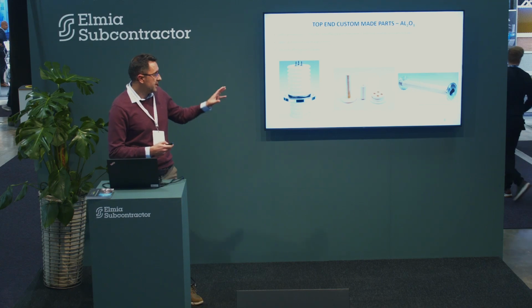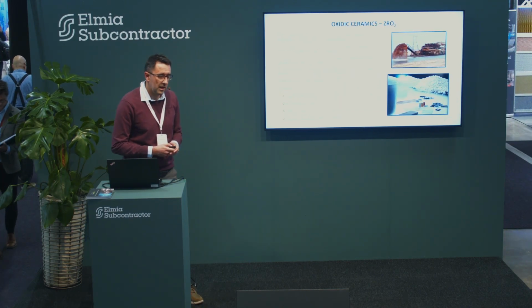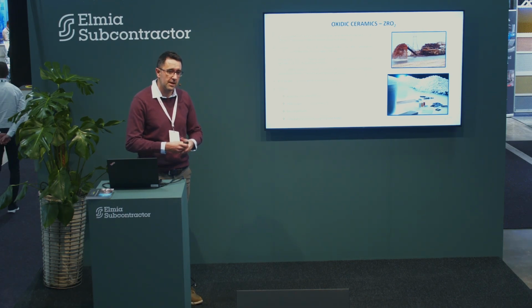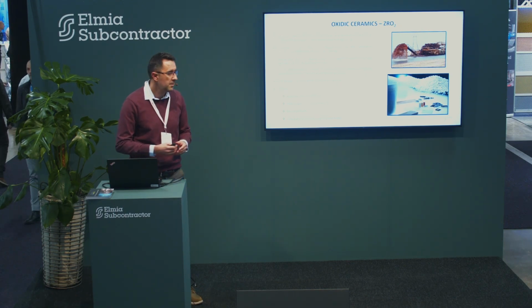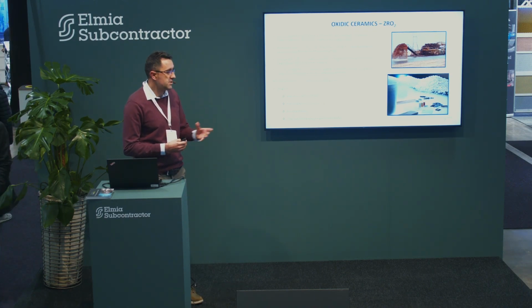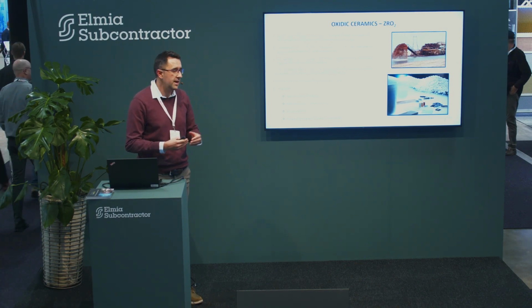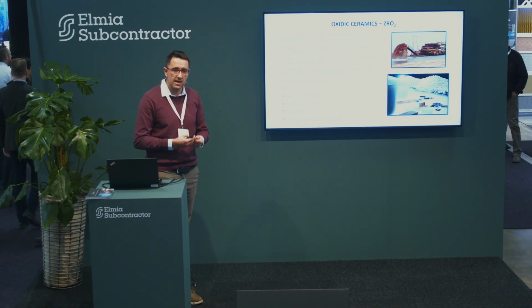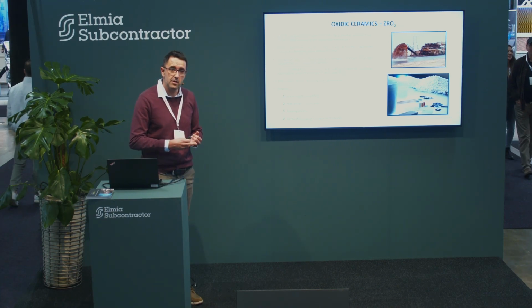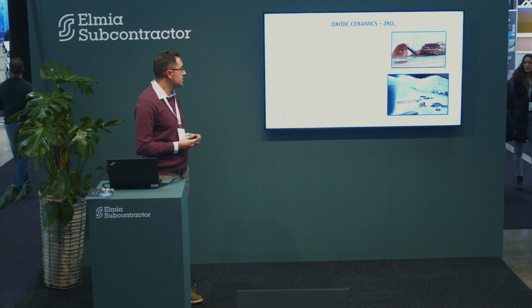Another material of the oxides is zirconia. Zirconia is an important material that also comes from a natural source, which is zircon, a silicate. There is a purification process to obtain zirconia, and to reach a structural material, you need to add stabilizers, mainly rare earth oxides, like yttrium oxide, cerium oxide, or magnesia as well, which are critical for this stabilization process, and they